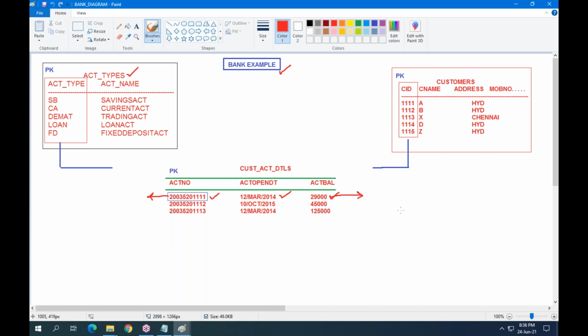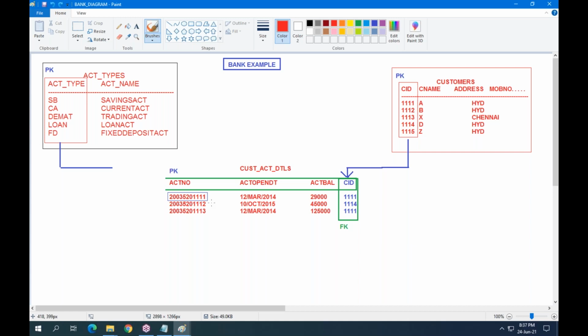For the first account number, find the type of account and which customer it is related to. You are missing two answers. If there is no relation between the tables, you are missing information.